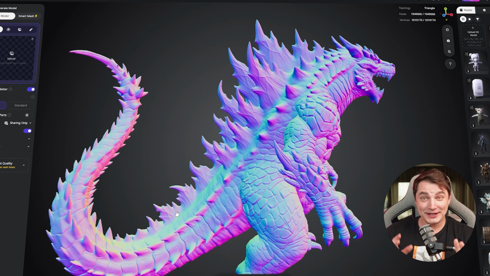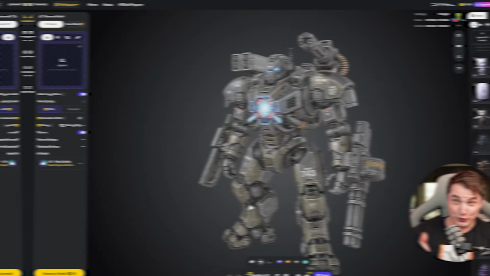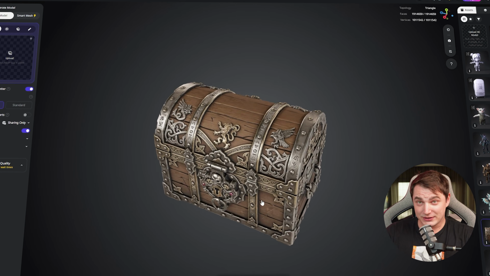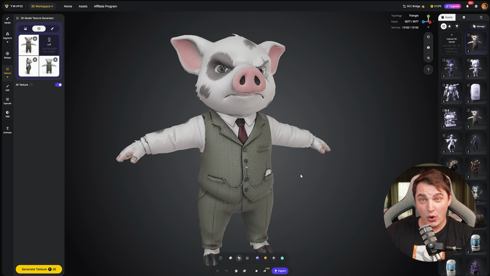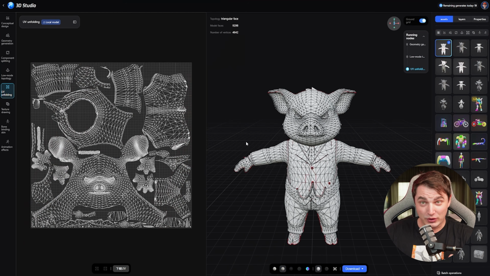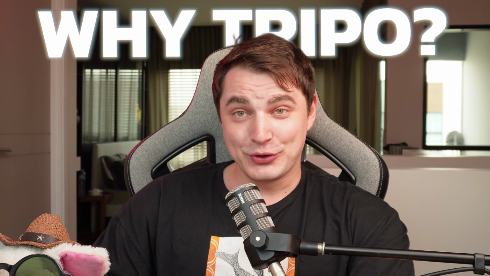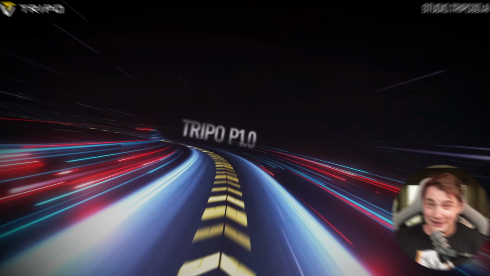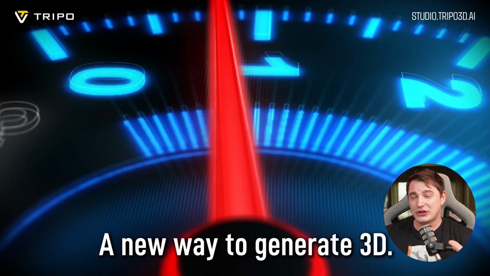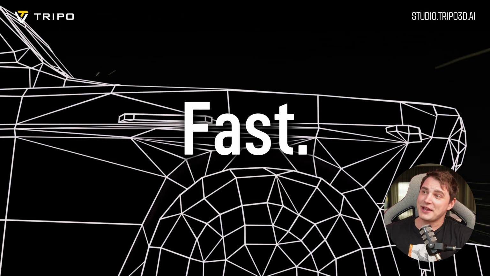This is the tool that I use basically every day together with my team to do commercial projects and for my personal projects. And I'm gonna show you my own workflow right now, and I'm even gonna compare it with the Hunyuan workflow so you see why exactly I'm choosing Tripo. Let's go. Alright guys, we do have Tripo updated and they rolled out quite a lot of things in the recent